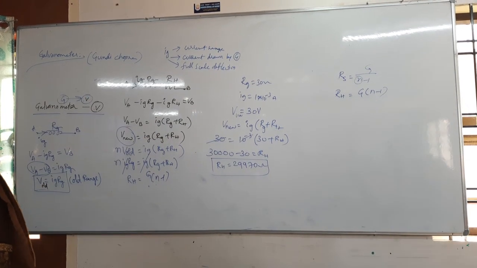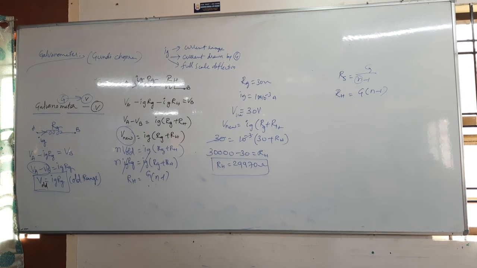The next problem. The voltage range of a meter is 10 volts. Its resistance is 10 ohms. Meter means obviously which meter they have given about? Galvanometer. That's it. They are not mentioned anything means that is simply galvanometer only. Its resistance is 10 ohms. To